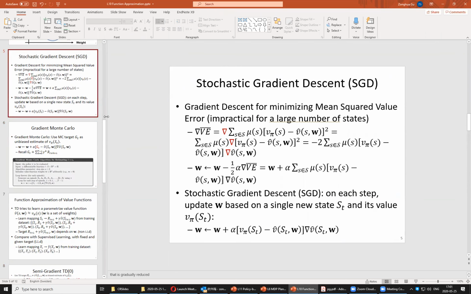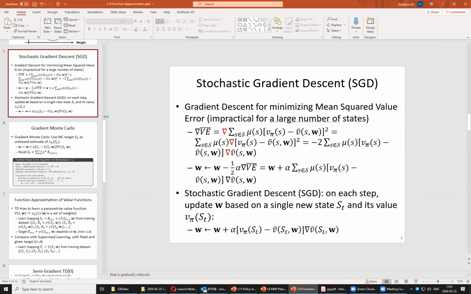That's the ground truth value function, and taking the gradient with regard to w does not affect v pi. So you can just take it outside and move the gradient inside. But here, the target is dependent on w. So we cannot move it inside,